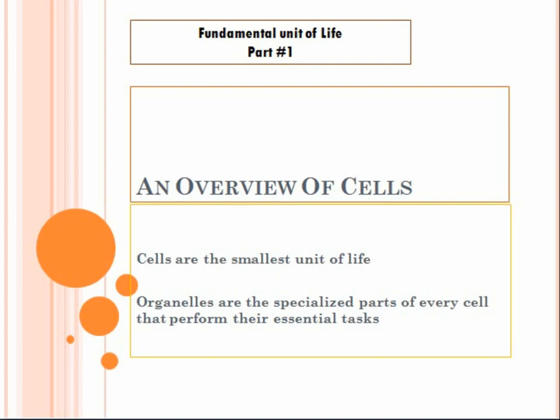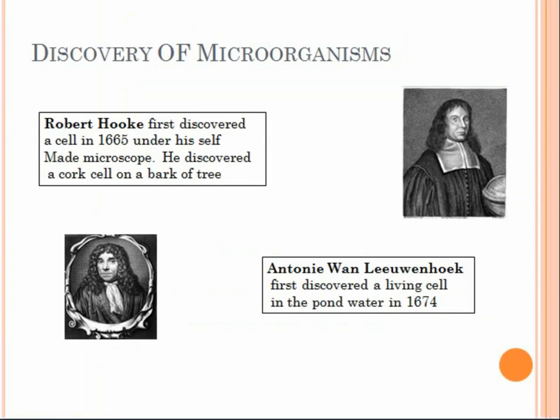Now, who discovered the microorganisms? Who discovered that there is the cell? Robert Hooke first discovered a cell in 1665 under his self-made microscope. At that time, the microscope was not discovered. He made his own microscope and discovered it in a cork cell. He discovered a cell in the cork on the bark of a tree, but it was a dead cell. After some years, Anton von Leeuwenhoek came with a better microscope and discovered a living cell in pond water